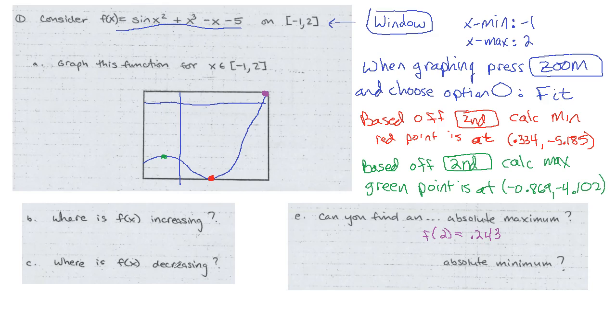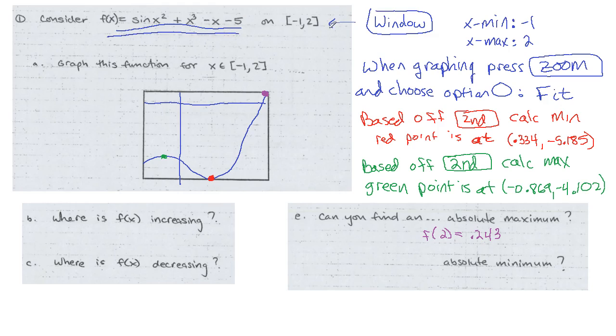I think everyone could get a picture like this, and then we'll talk about where the function is increasing and decreasing. But honestly, before we could even really answer questions B and C, we really need to know where those maxes and mins are, because that's going to help us figure out how to describe where the function is increasing or decreasing. So when I kick this problem off, the first thing I would do is enter this function into